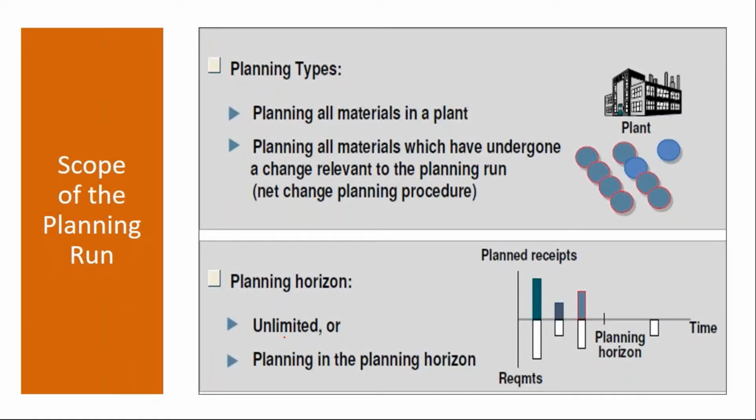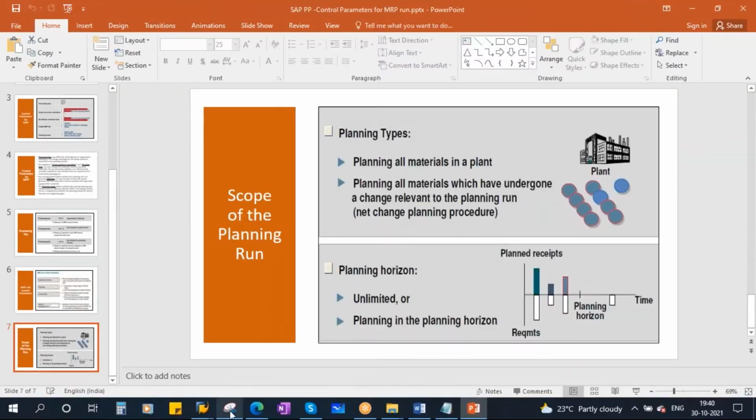If you see, they define a planning horizon. The system will plan all the requirements within that planning horizon. Outside the planning horizon, it will not. Somebody unmuted. Please be muted. They define a planning horizon, the system plans the requirements within it, and the requirements outside the planning horizon it will not plan. This is again to reduce the MRP runtime. This is only in ECC.